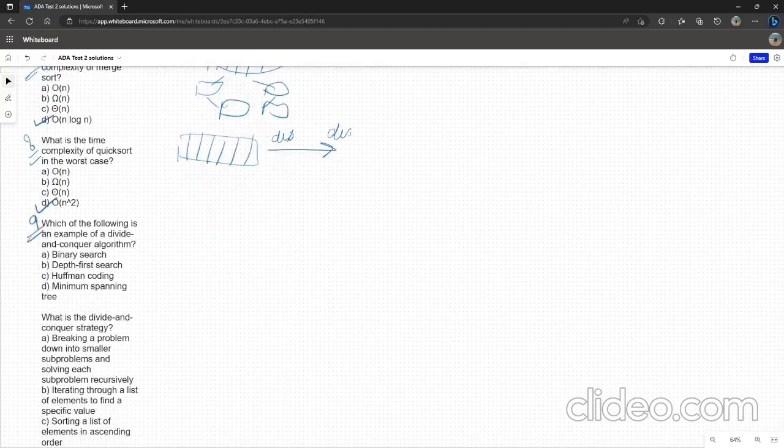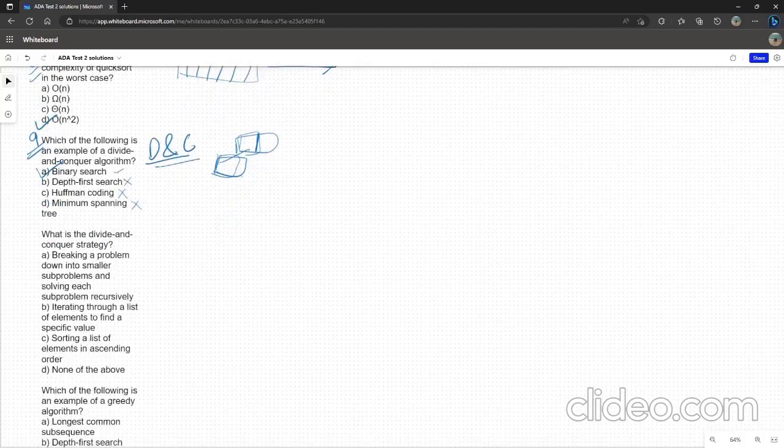Ninth is, which of the following is an example of divide and conquer algorithm? DNC algorithm. We will see binary search is a divide and conquer. Depth first search is a graph algorithm. Huffman coding is also not DNC. Minimum spanning tree is also not DNC. So our binary search algorithm, which divides the problem into half and then finds the solution in that, is a